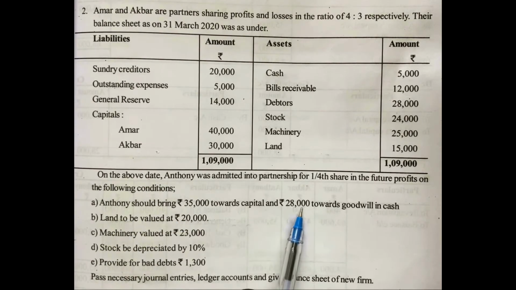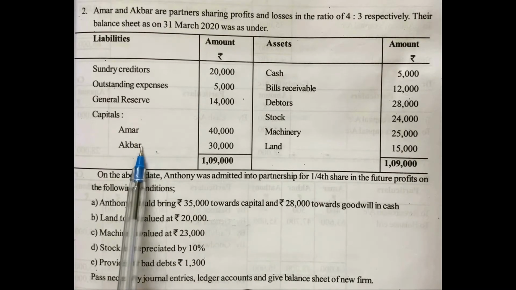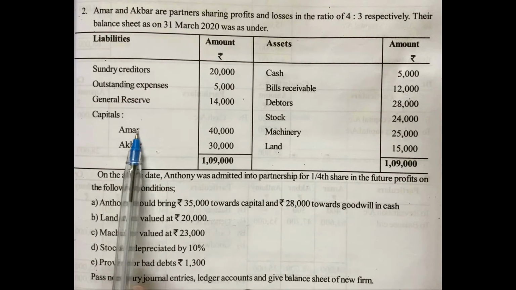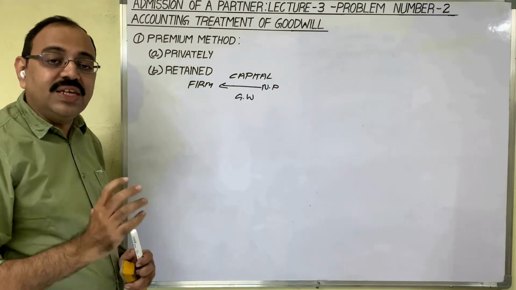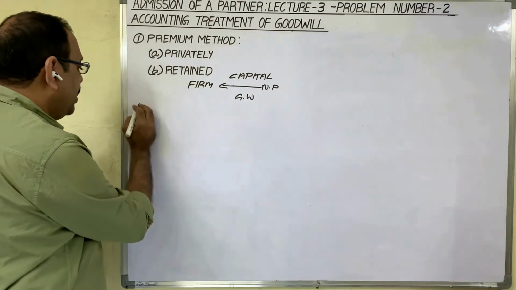New partner is bringing goodwill. That goodwill we are transferring to old partners' capital accounts in the sacrificing ratio. After that, they want to retain this goodwill in the firm only. Let us see what are the entries in this method. First entry is